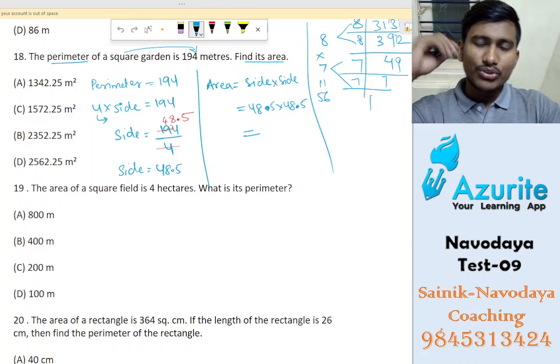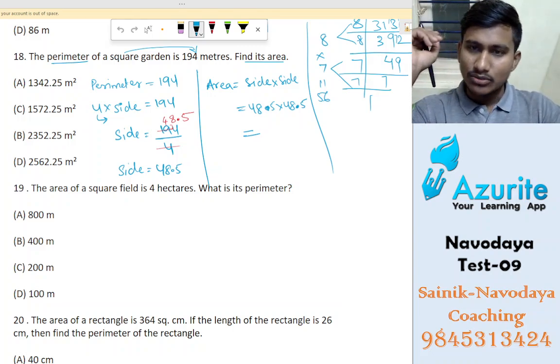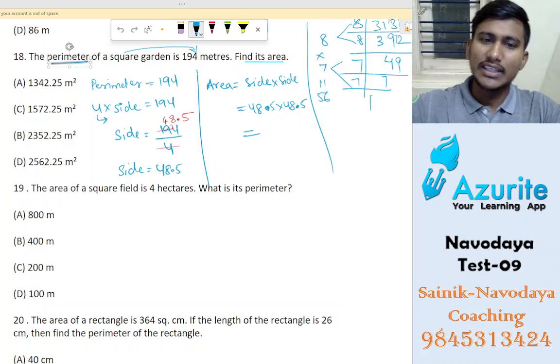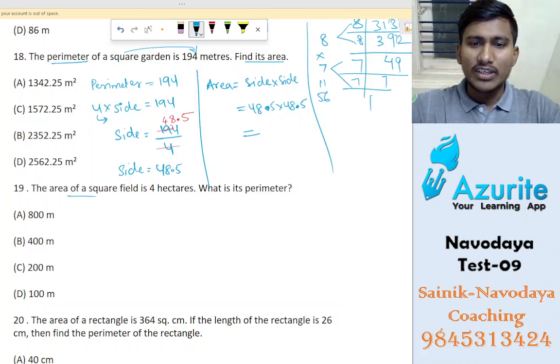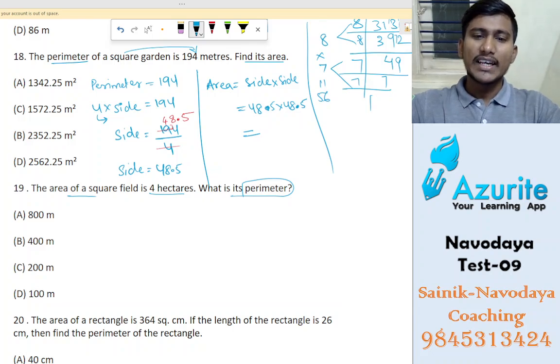So students, we were doing perimeter and area. Let's come back to that. That is the 19th question. What is the 19th question? The area of a square field is 4 hectares. What is its perimeter? They are asking. So to find the perimeter of the square,